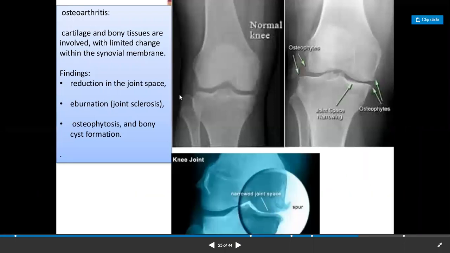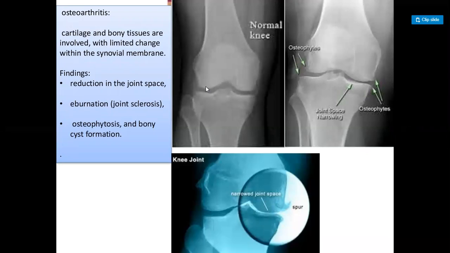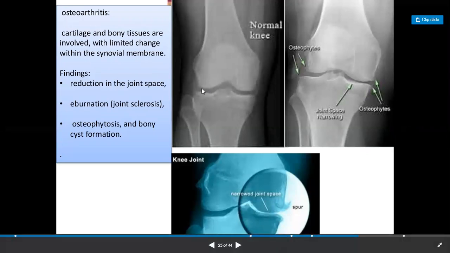When you come to the applied aspects of the knee joint, the most painful condition we see with old people is osteoarthritis. Osteoarthritis is the degeneration of the articular cartilage at the ends of the bones. Like you see, the lower end of the femur and upper end of the tibia are generally covered with hyaline cartilage. If this gets degenerated, the bones will come closer and start rubbing against each other. The joint space is narrowed. You can see this is a normal joint, and here you can see the space has been reduced. So that's what osteoarthritis is.